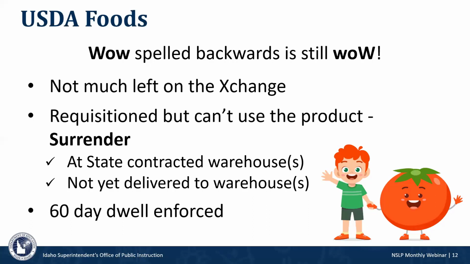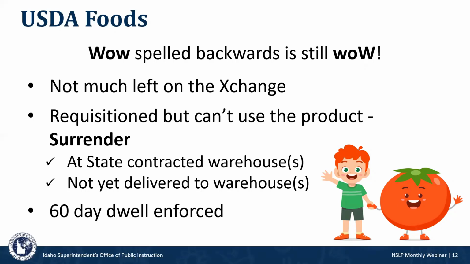Unfortunately, we are out of white chicken, so we only have dark meat products available. We do have beef available for steak burgers, and we have pork available for sausage patties. So if any of those products are beneficial to you, please make sure you go to the exchange and look for those. The other thing that we're asking is if you will please pay particular attention to running your requisition status reports in WebSCM and know what you have ordered, what you anticipate arriving, so that you can plan accordingly.